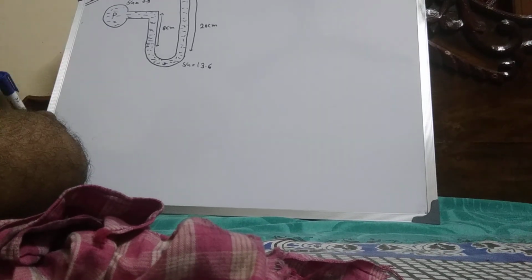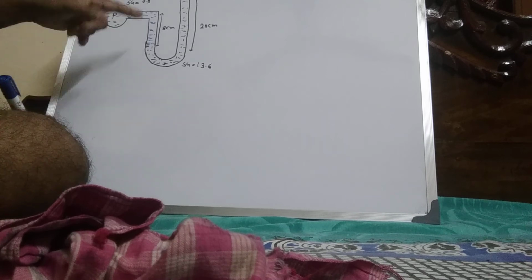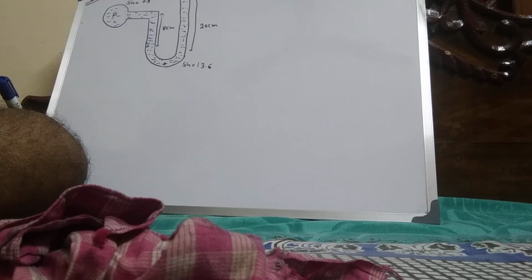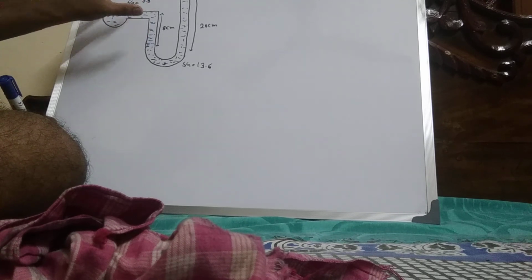Now this is a question. The U-tube manometer is connected to a pipe, and at this point the pressure is P. From the U-tube manometer, how do we calculate the pressure of the pipe? Now,